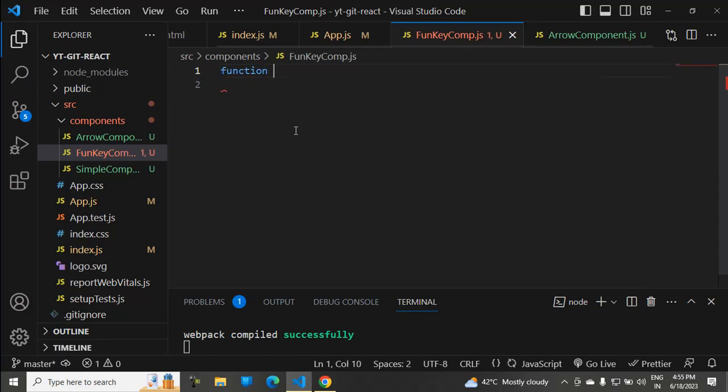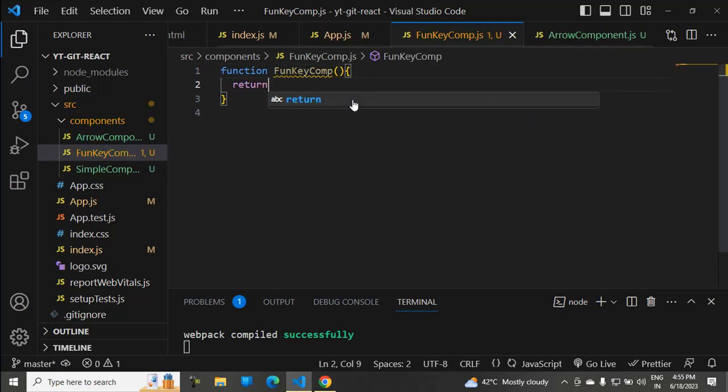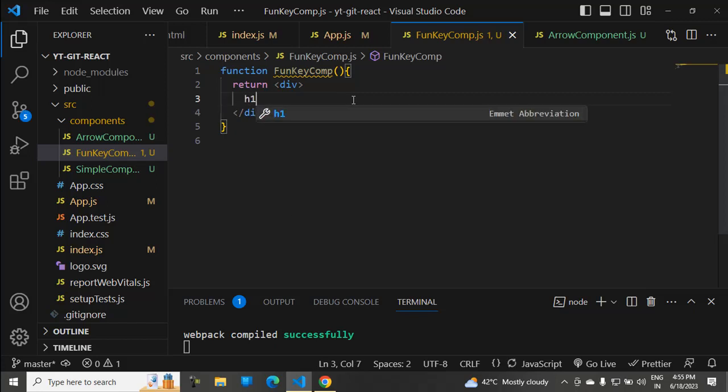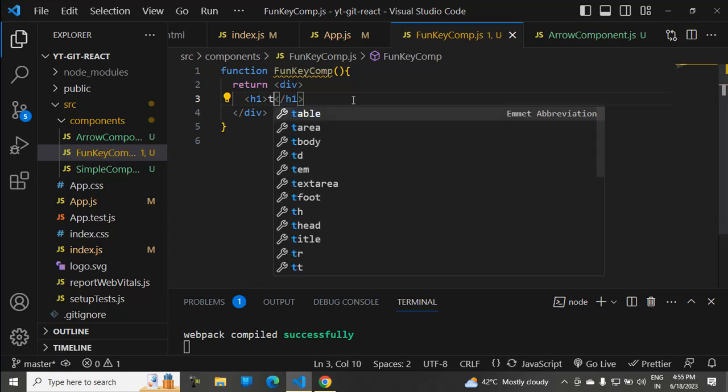F-U-N-C-T-I-O-N, function. This name you can copy from here, Control C, Control V, and use the parenthesis and curly brackets. Return a value with a div, and within this you can give the h1 tag, and within this you can type "this is